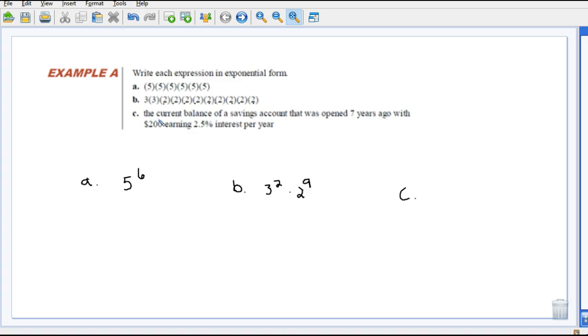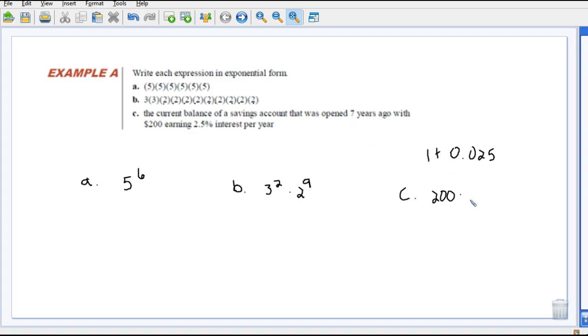All right, and then part C. The current balance of a savings account that was opened 7 years ago with $200, earning 2.5% interest per year. Okay, so if you remember from 6.1, the assignment that we did the other day, we found out that if you want to do an increase of 2.5%, you get 100% plus the 2.5%, which is 0.025, right? So we're going to be taking 200, and I think I can kind of write it over here. We're taking 200, and we're going to be multiplying it by